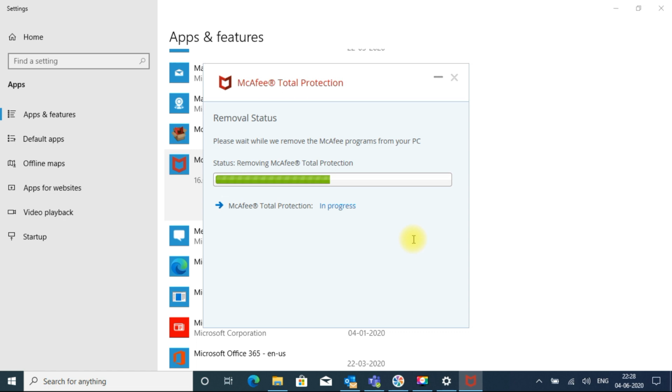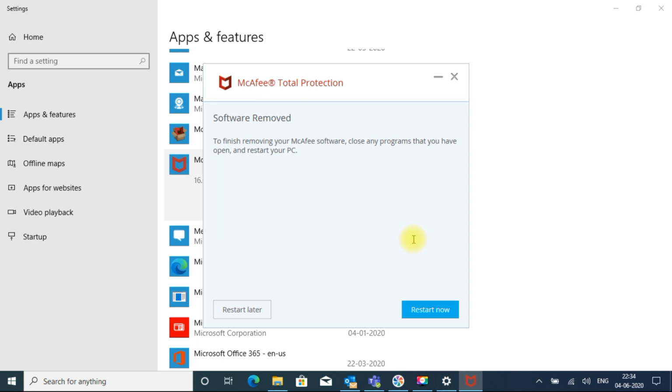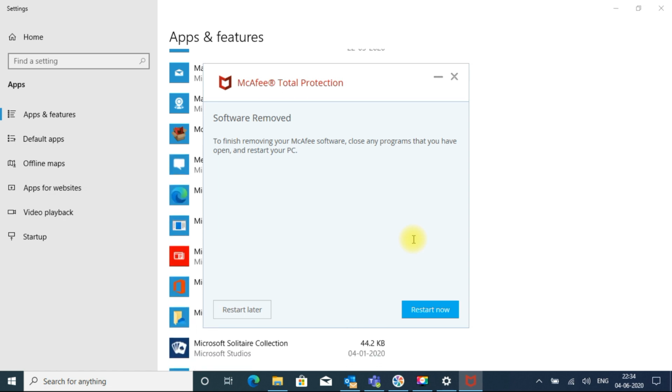It will take some time. So now McAfee has been removed.